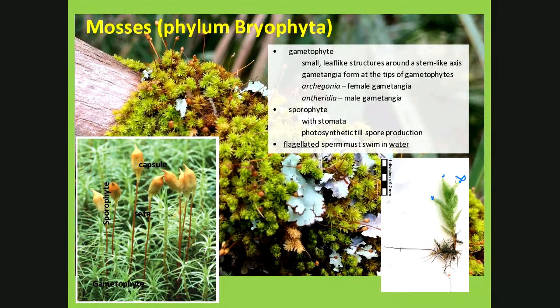They've got to live in or around water, though. Your sperm has got to swim. They swim through little droplets from one antheridia off of one male gametangia to another. And I think I mentioned the other day, one of the ways that they prevent inbreeding, if you think about it, is that sometimes in organisms the sperm will be ready and actually be dispersed, and then the eggs become ready to be fertilized a little bit later, giving a chance for the sperm to move away before the eggs are ready to be fertilized.